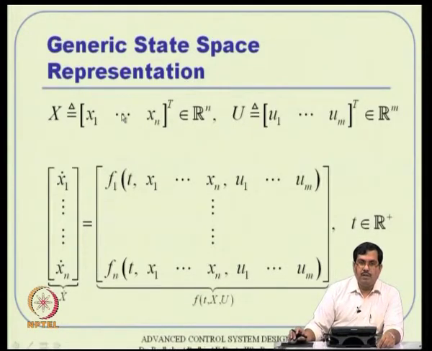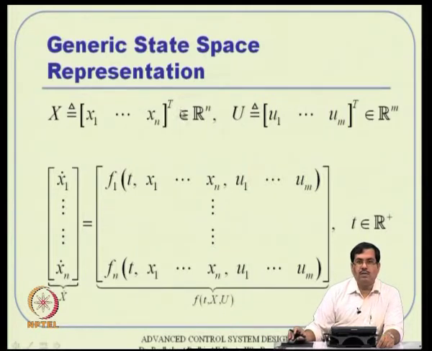So, for generic state space, we will talk about, let us say, the state vector, okay, which is a column vector consisting of x1, x2 up to xn elements, and all these elements we will assume are real numbers. So, this state vector typically belongs to some sort of Rn space. Okay. And then similarly, the control input that we account for is u1, u2 up to um, that is an m dimensional space. Okay. And these are also real numbers for physical systems. Each of them has to be real for physical systems, for states also. Okay.